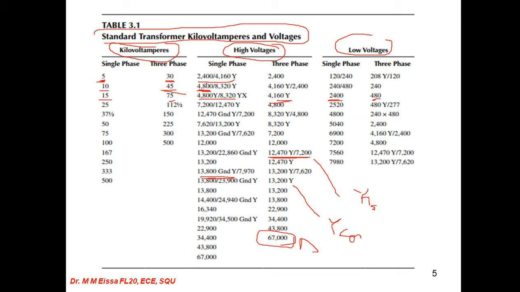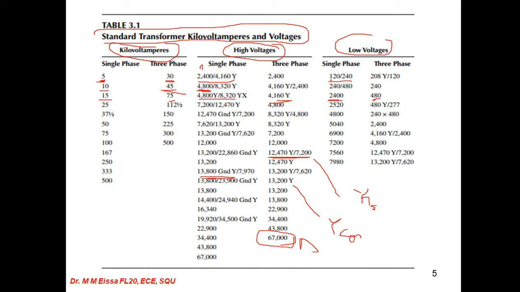such rating 2.4, 4.16, and when you see such a slash shown here, it means we have delta connection and we have Y connections for this one. For 3-phase, we have only one connection, 2.4, and this means it is delta. So we have single phase, such as this designation